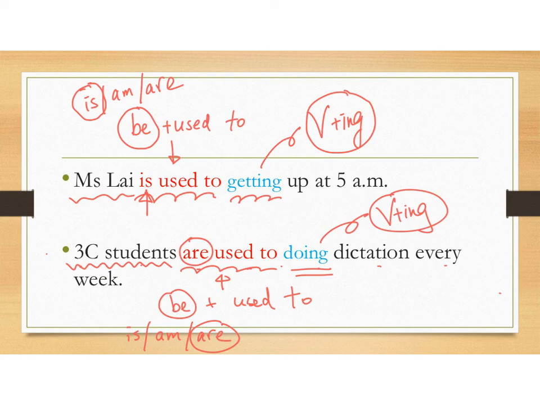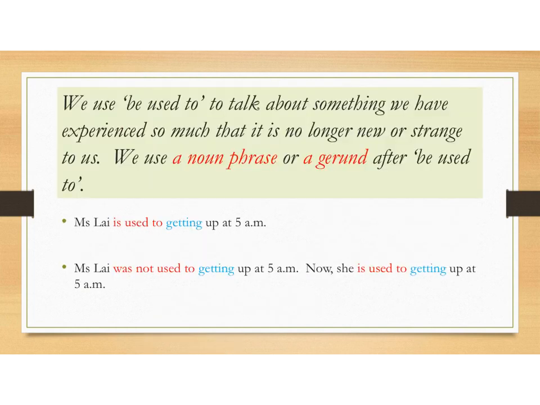好，嚟到呢度，請大家再一次記得，喺 be used to 後邊，我哋係會用 gerund verb ing 嘅。而 be used to 唔係解用啦，係解對某一件事習以為常嘅意思。好，我哋綜合翻一次，we use be used to talk about something we have experienced so much that it is no longer new or strange to us。我哋用 be used to 去講一啲嘢係我哋已經經歷咗好多次，已經唔覺得有咩新穎，已經習以為常咗㗎啦。We use a noun phrase or a gerund after be used to。喺 be used to 後邊，我哋會用 gerund。好似之前嗰兩個例子，我哋係 be used to 後邊都有 gerund 㗎。